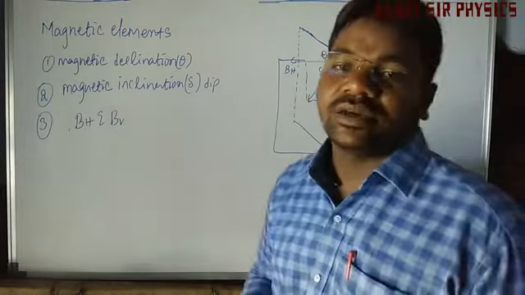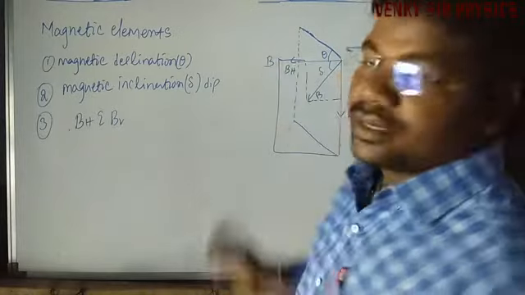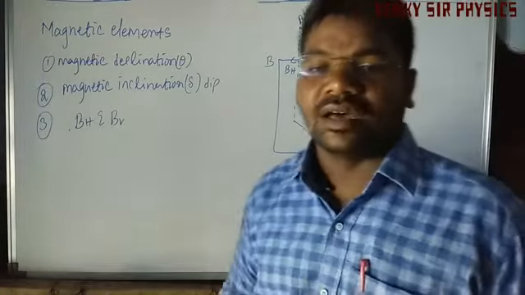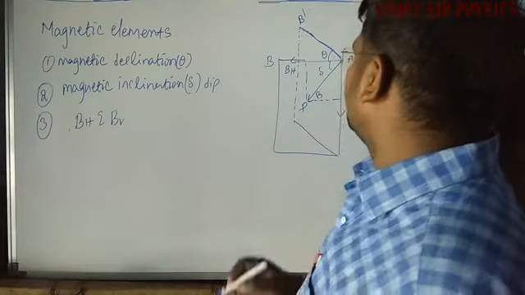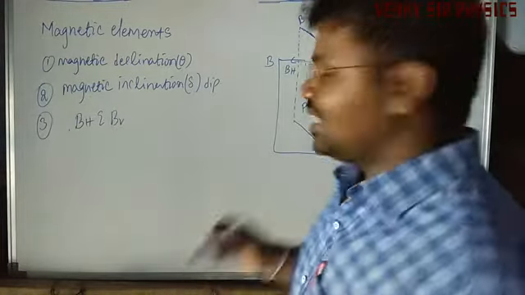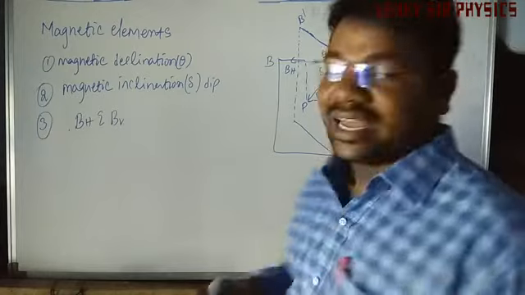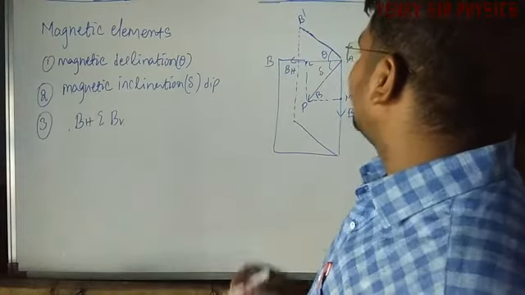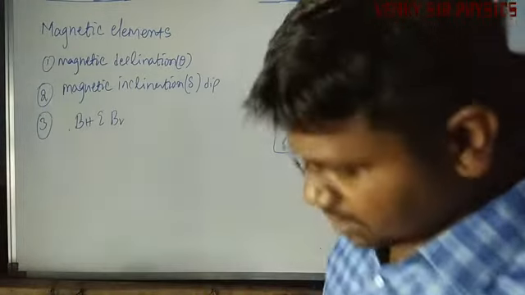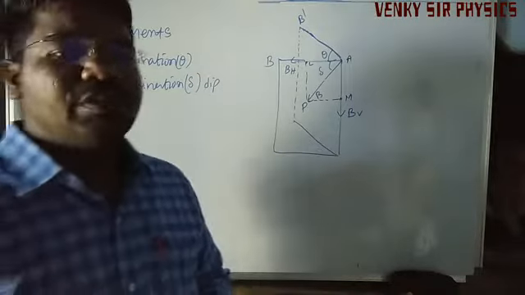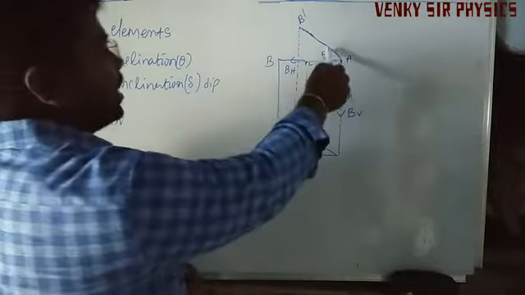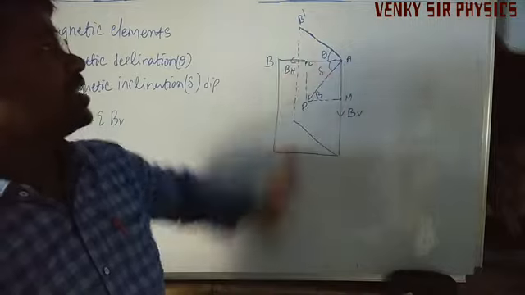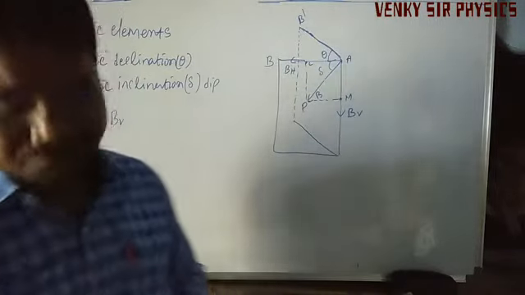Understand? Here we can denote it B, here A, this is B dash, and here P. Here M, and another point we can say is L. Based on this diagram, we have to explain one to another. Coming to magnetic declination, this is geometric, this is the magnetic horizontal component.